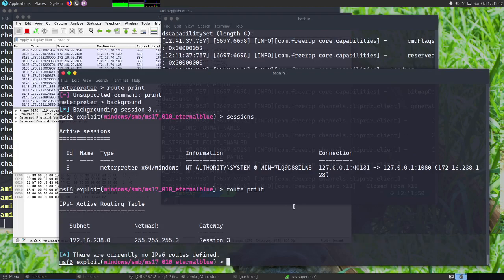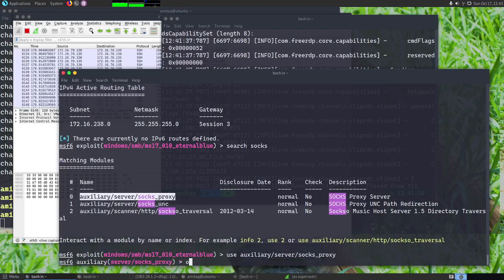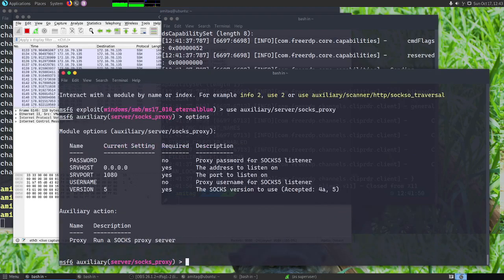And once I have done this, basically I need to search for socks and use the SOCKS proxy. There are a couple of options here that you may want to look at. The version by default is 5. If you want, you can set it to 4. And this version should actually match with what you have given in your /etc/proxychains.conf, so that you are able to use this proxy.